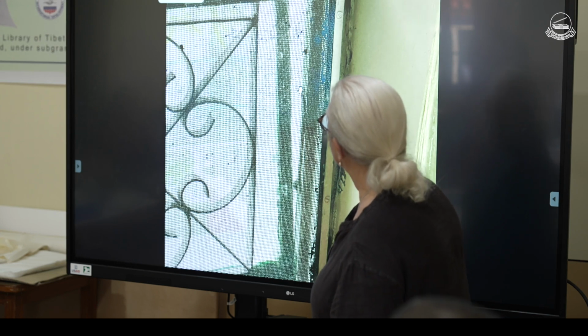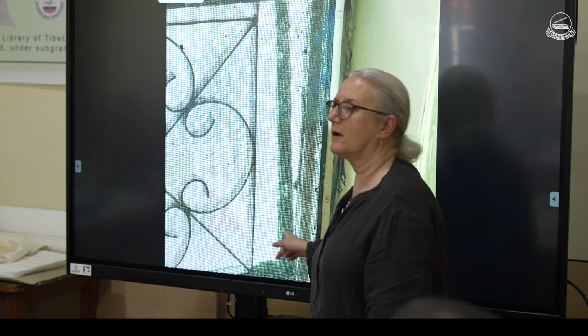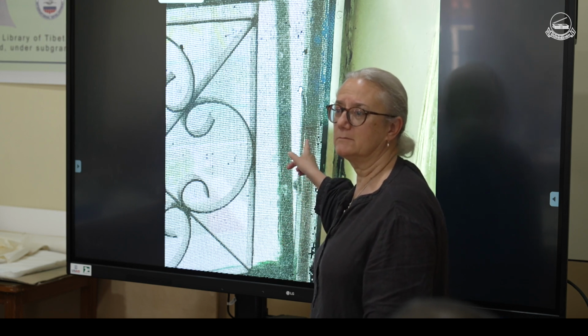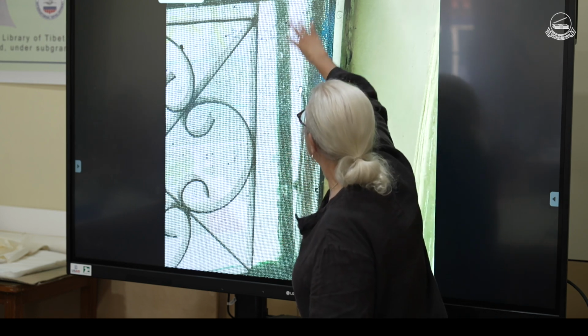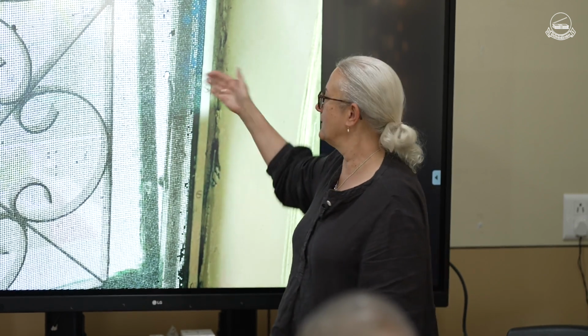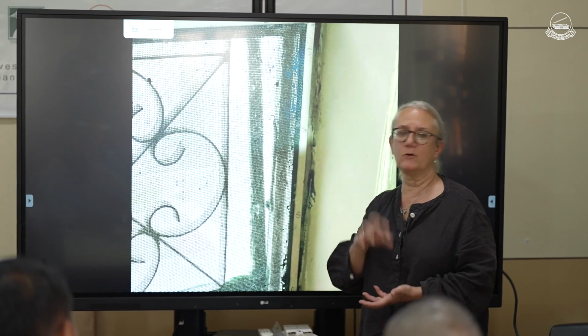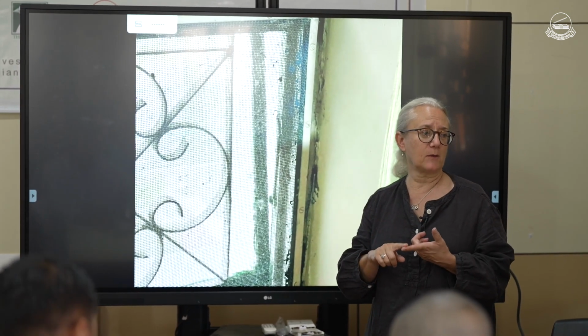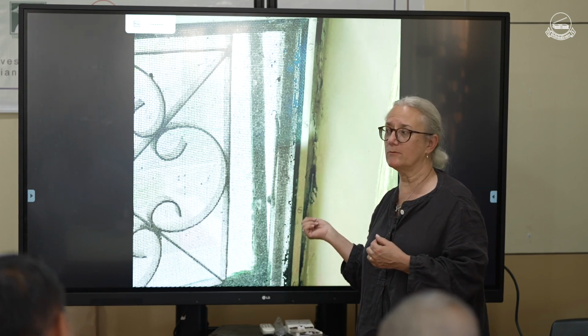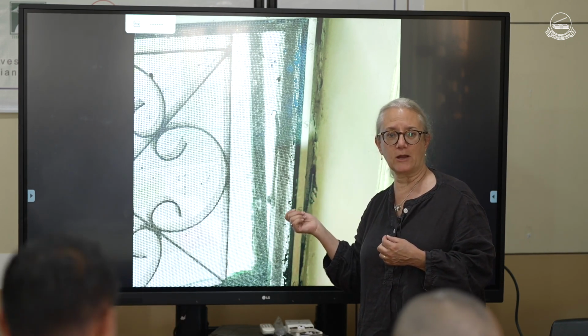I'm not sure if you can see that, but you've got the windows. It's open. There's this bit right here that is open to the outside. And so what I've been told is the pigeons, there's a lot of pigeons around here, they sneak in here and make nests, lay their eggs, and have babies. And then all the detritus from that is something the insects love. Even when there's a bird in the nest, the bird itself has a type of mite which can cause problems, as it will eat organic material.